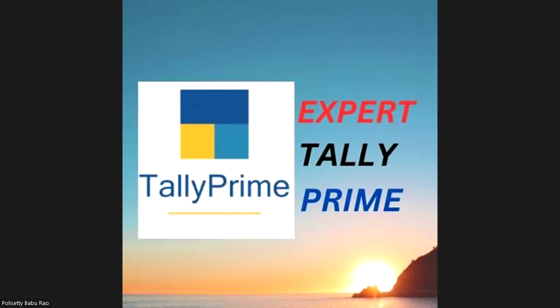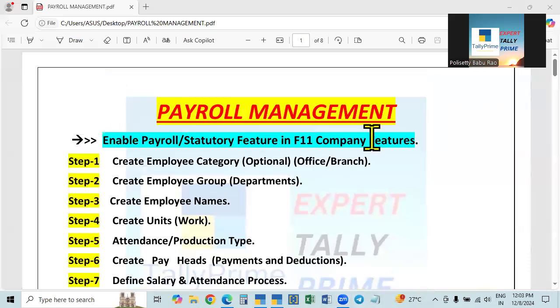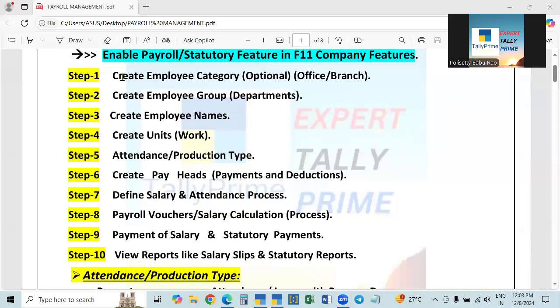And now we are entering into the subject. Now I will share the screen. See here, we already completed 2 parts relating to payroll management. So first of all, in the first part, we completed